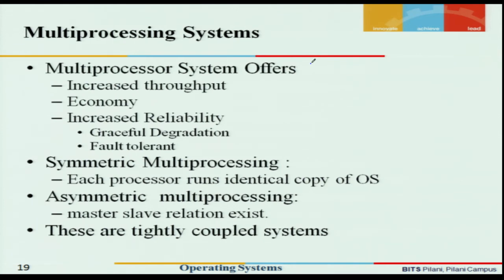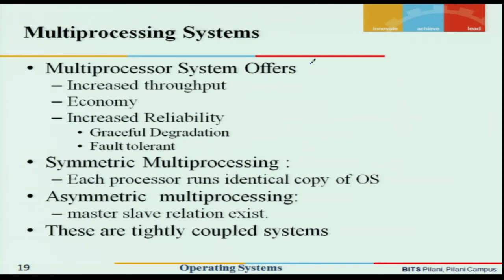We can clearly see, one, if I can execute more programs in a given amount of time, giving the same logic that if one person does a job in 10 days, then two persons would do it in 5 days only. So if I have two processors, I can be executing two jobs simultaneously. So I'll be able to execute more jobs. So this will lead to increased throughput.